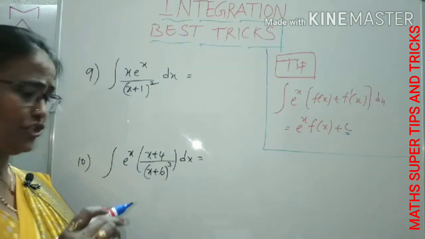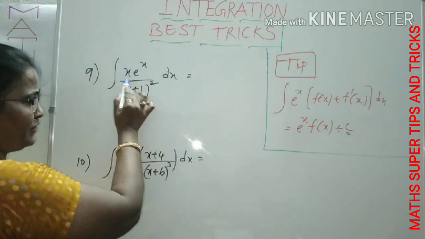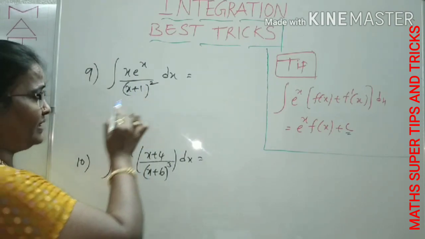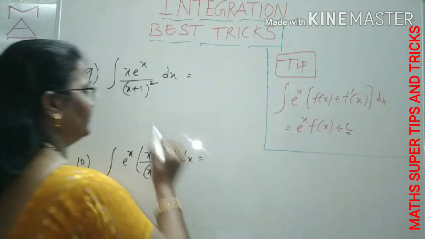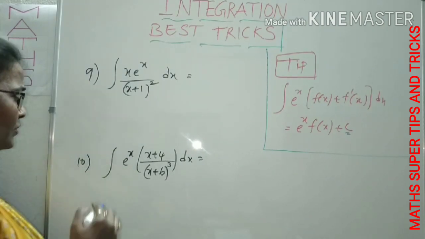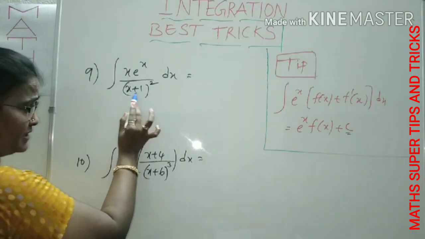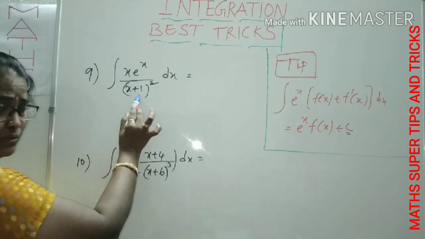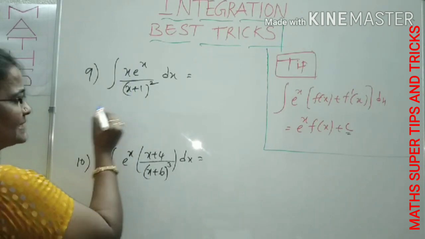Okay, you will see how it is. We can come to this question. The integral of x e^x/(x + 1)² is given. This is not directly in this form. This one you can reduce to that form by making some adjustments. What are those adjustments? First consider the denominator. What is the denominator here? (x + 1) whole squared. The numerator e^x is as it is, right?